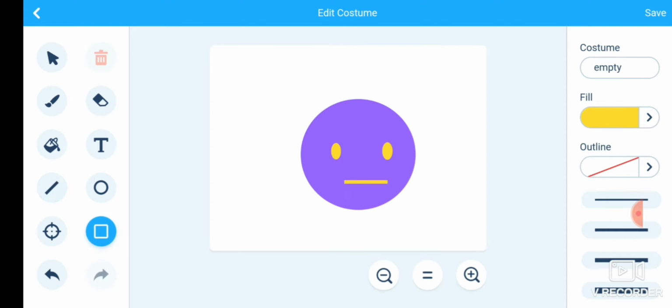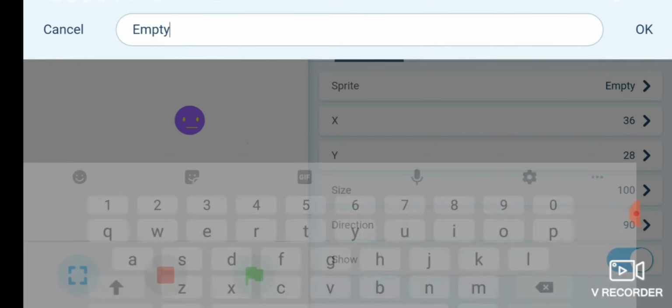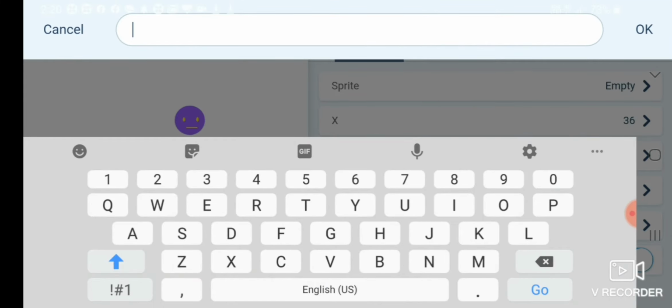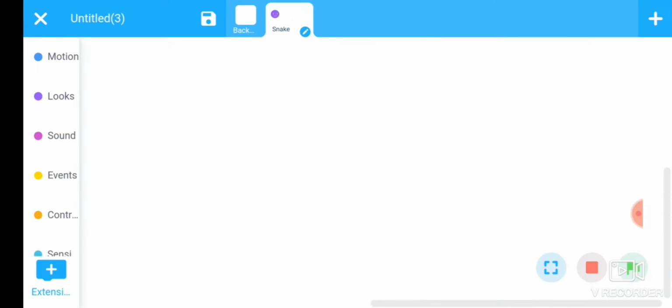It's fine. And then save it. Also change the name of the sprite. And then save it. Now start coding for the snake sprite.